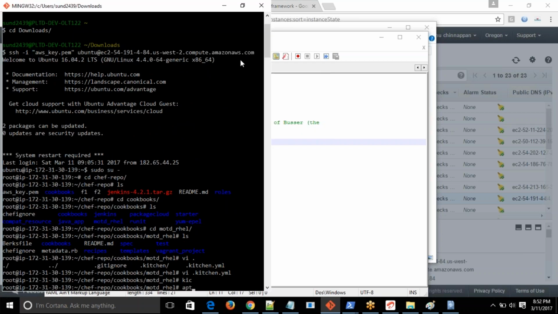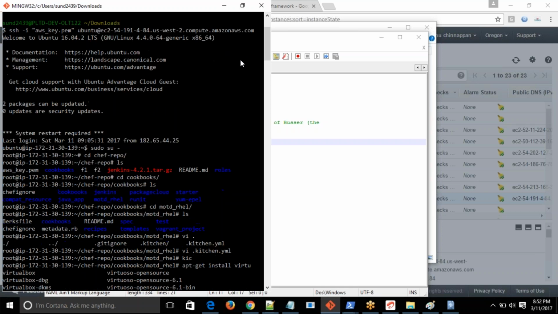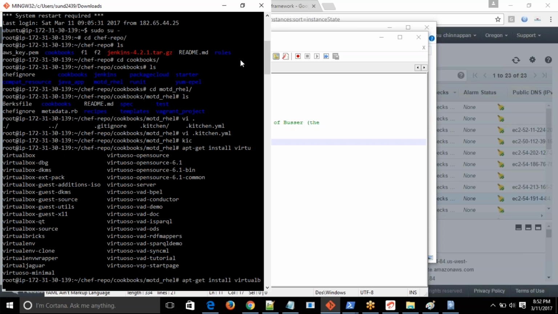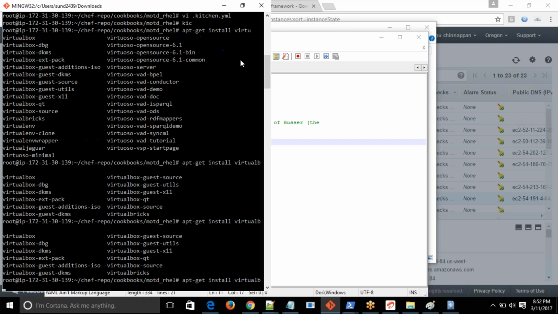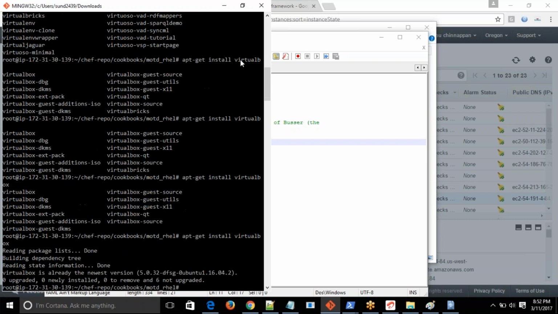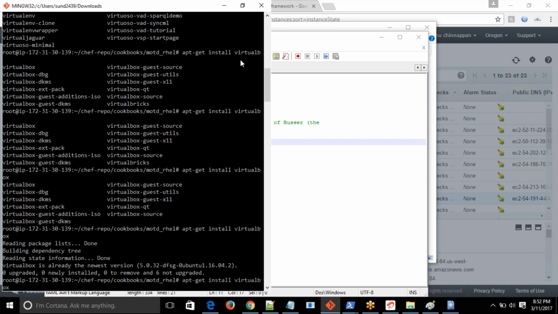apt-get install virtualbox. You see? So virtualbox. I'm just going to install the virtualbox. I think I have already installed it here. This is the way that you have to install this virtualbox, and you have to